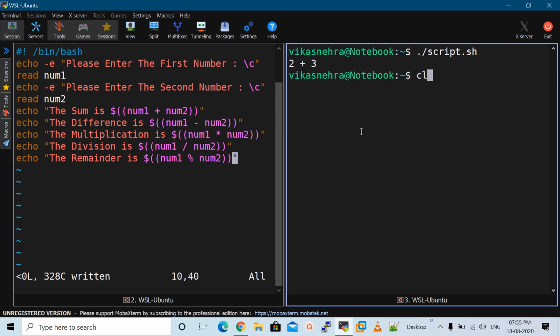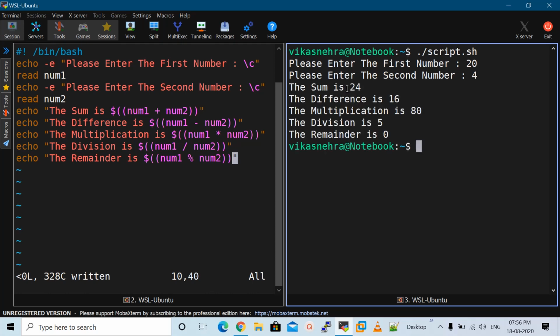Now I'm going to execute it. So please have a look at the right hand side of the terminal where I'm going to execute the script. So it is asking me to enter the first number. Let's enter 20 here. It is again asking me to enter the second number. So we can mention here 4. So you can see that it is giving us the results as the sum is 24, which is absolutely correct.